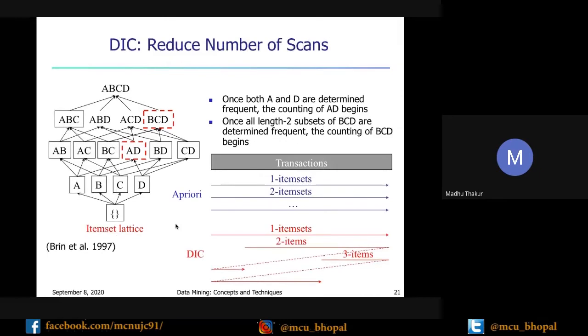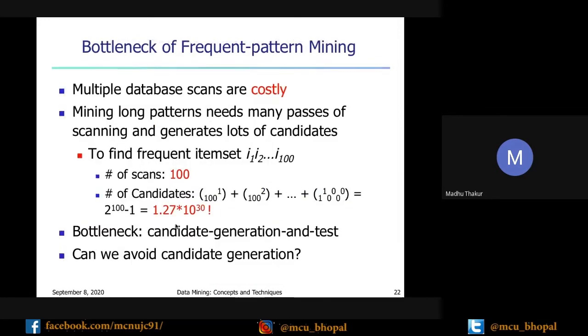Similarly, direct item set counting is also there. Here it is not counting or pairing all item sets in the Apriori manner. Only from the frequent item sets, it forms a higher-value superset and counts its frequency. If it is frequent, that means all its subsets are frequent, according to the Apriori property. So you can also use this DIC.